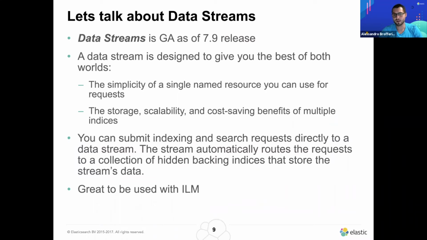So data stream is an element that has been designed to give you the best flexibility for indexing and searching data in your cluster. It permits you to define an element named data stream, and you can configure your application to write using this element and also perform search requests on your data using the same element. If you ever worked with aliases in Elastic, you may know a little bit how this works. So this works pretty much like aliases, but introduces some good advantages